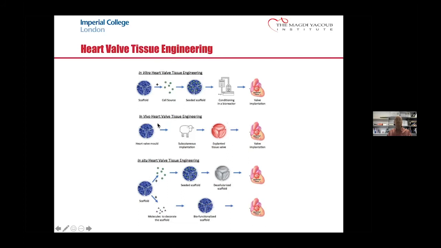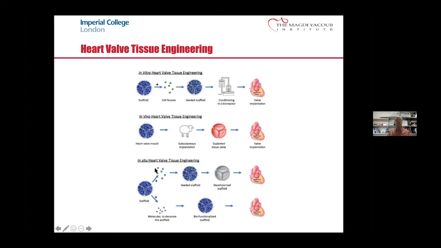In vivo heart valve tissue engineering is dependent on your choice of scaffold, fundamentally, since you have no control over what cells are going to enter your valve and therefore be implanted. In the more popular in situ tissue engineering, again, the scaffold choice is key, but also if you're going to populate your cells in order to get matrix laid down onto your scaffold, then the similarity of these cells to valve interstitial cells is a moot point, so long as they do the job.